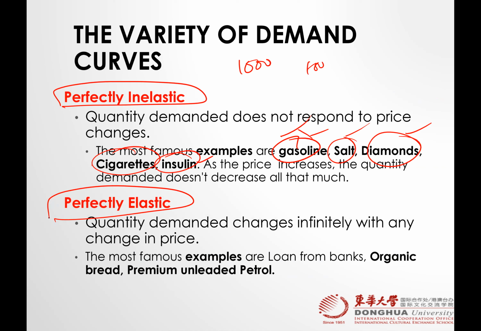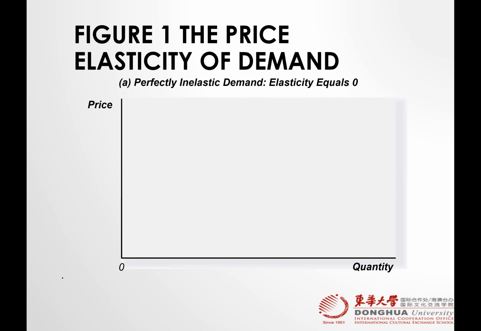Perfectly elastic, which means a horizontal line. So in that case, if we change the price by even 0.001%, we would see a huge change in quantity demanded. So that is organic bread, and premium unleaded petrol as well. We call this high octane. So the graphical representation is that